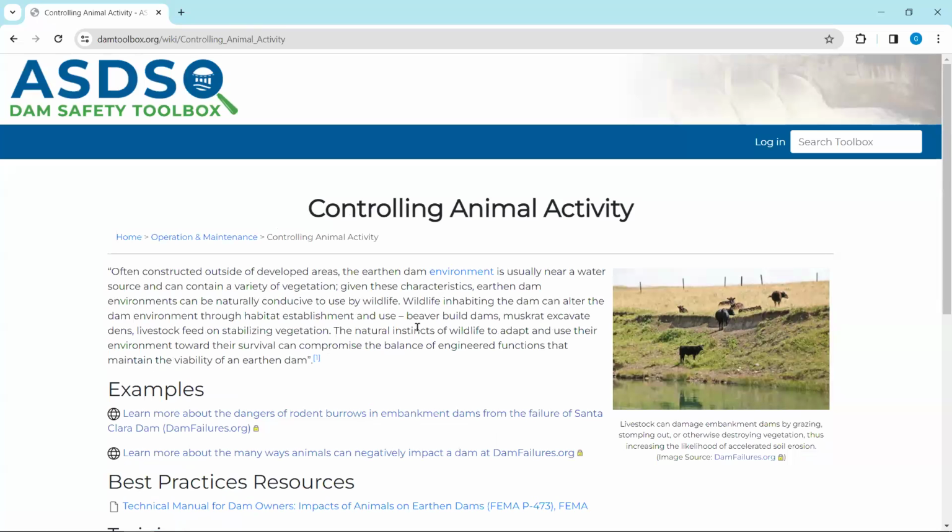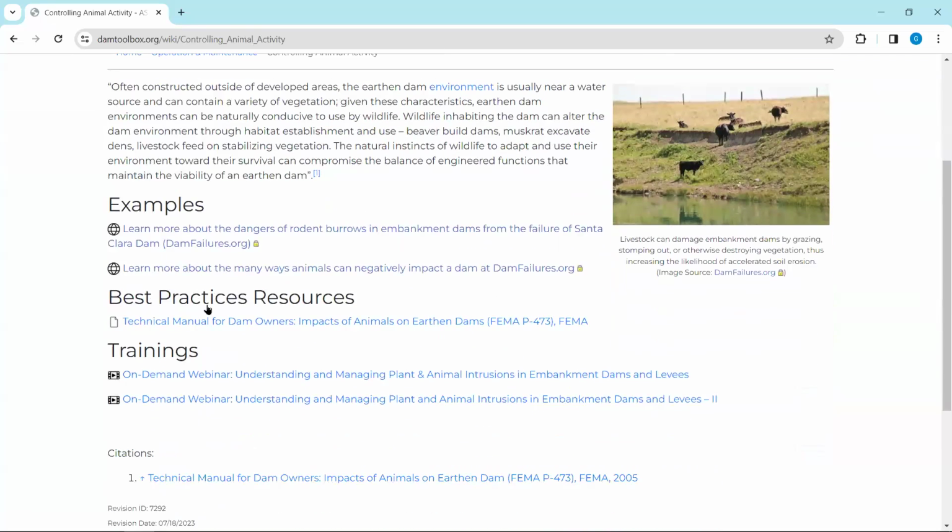And this brings up a page that is very similar to the one we were just looking at for concrete dams. Again, an introduction, some examples, and resources and trainings. The thing I want to highlight here is specifically what the examples are about. And so